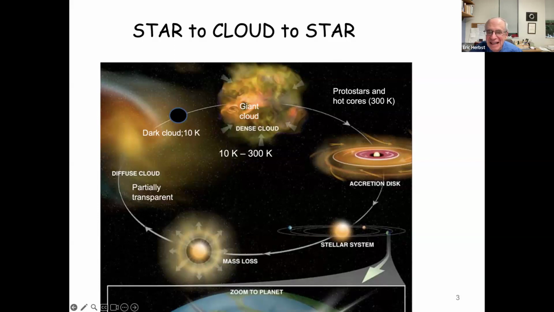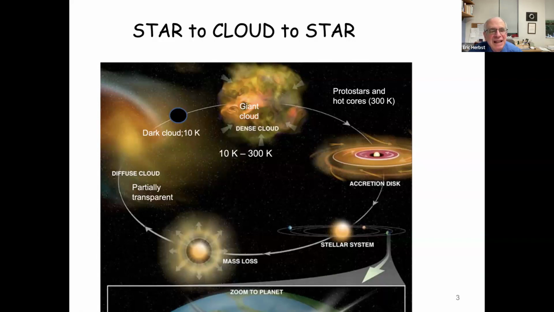It starts from a stellar system such as our own, and out of this comes a star, which is born and then dies, and then we go around again sometimes. So let's take a look when the stellar system gets rather old and loses the planets, and especially the star in its midst loses material. The so-called mass loss comes out and eventually, over the eons of time, forms what are called diffuse clouds, which are partially transparent and have cooled and do show us some molecules as well as gas and dust.